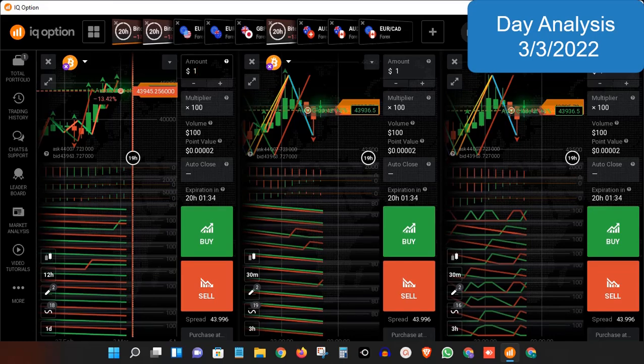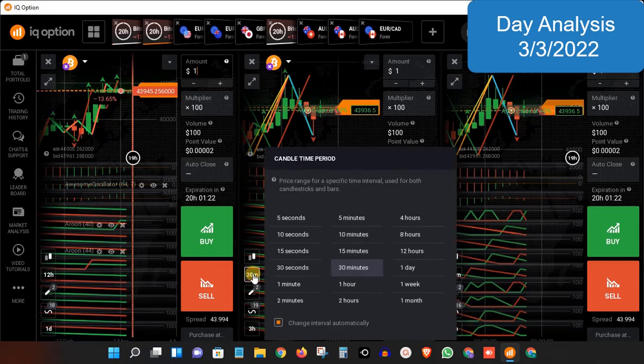So I think let's start off, and we shall begin with Bitcoin. I know most of you love Forex, but let me just begin with Bitcoin. Later we shall dive into Forex pairs one by one. So this is my system. I like analyzing on the basis of